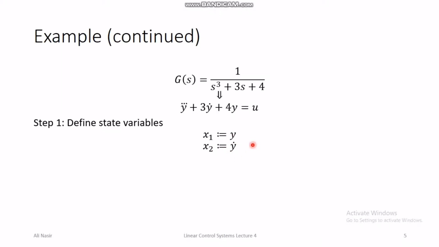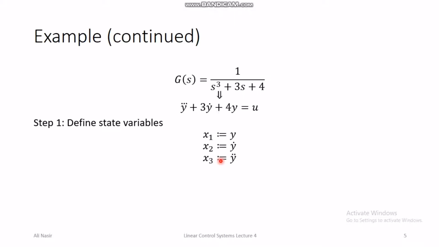As we see, the dynamics of the system involve the derivative of the output, and basically it involves up to the third derivative of the output. So we also define a third state variable, which is the double derivative of the output. Now we do not define any further state variable, we do not define x4 equal to y triple dot. Why? Because defining the three variables is enough for our purposes. We don't have to have more than three variables, otherwise it will be a non-minimal realization of the